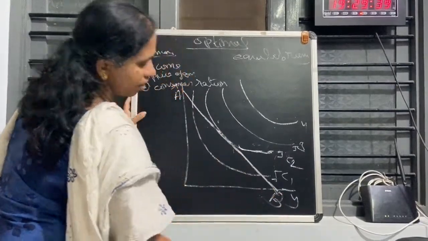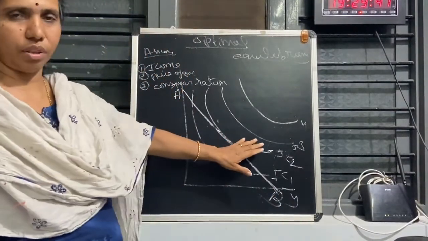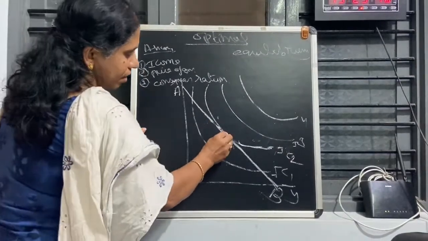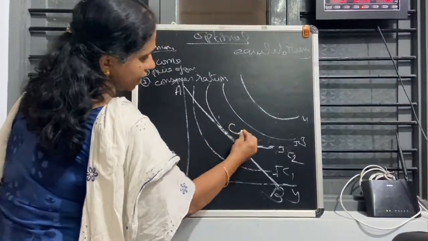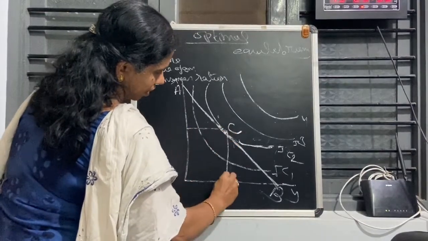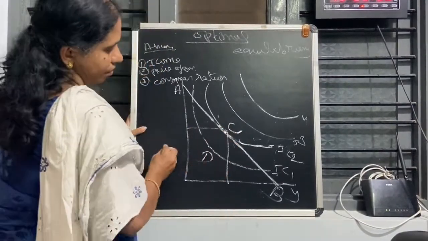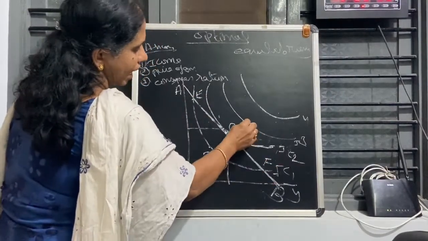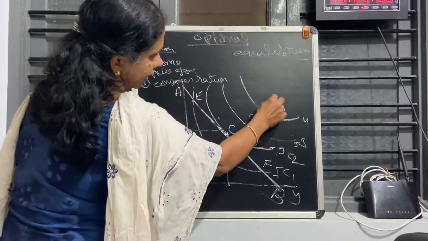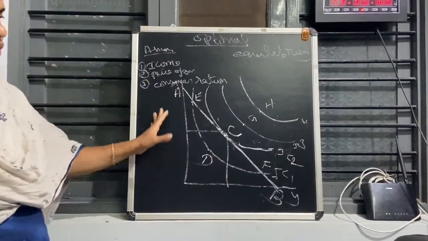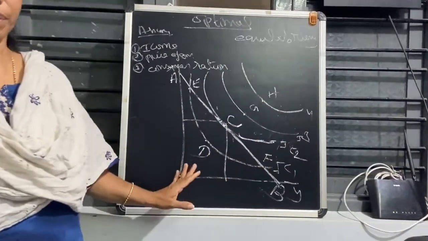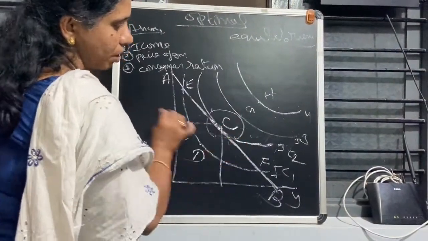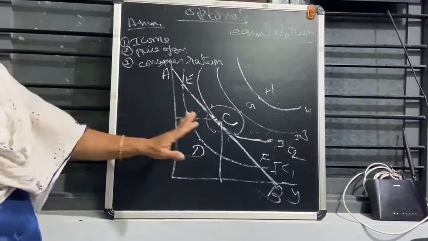So which curve touches the budget line? IC2 curve. So this is the curve we wanted. But exactly where do we get equilibrium? We'll make it as C. And this point we'll take as D, this point as E, this point as F, and we'll have a G and we'll take another as H. So now, which point exactly is getting the equilibrium? I think you can say now, which point? C is the optimal choice of the consumer.